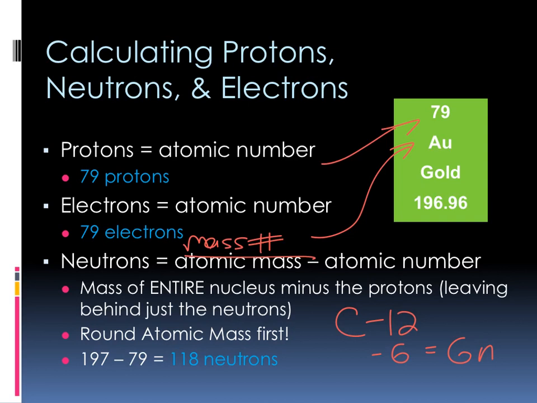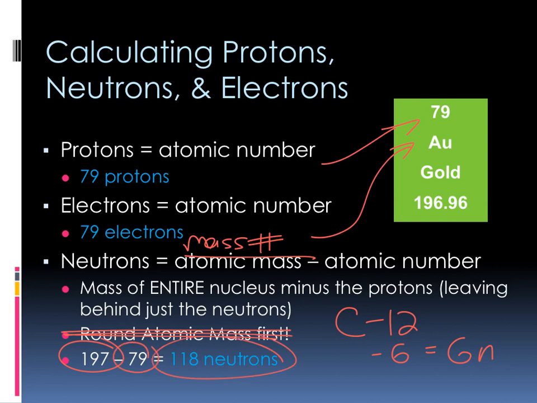Okay, so that's generally how I do it, and I know that I don't want to say this rounding atomic mass first. I put it on here, but it really isn't perfectly true. So I'd rather you know that if I have the mass number, I just subtract the protons. If I don't have the mass number, I need the mass number, okay? Because mass number is protons plus neutrons without taking into account the relative abundance of the different isotopes. So you need that mass number in order to figure it out. In this case, we're going to look at the mass number as being 197,